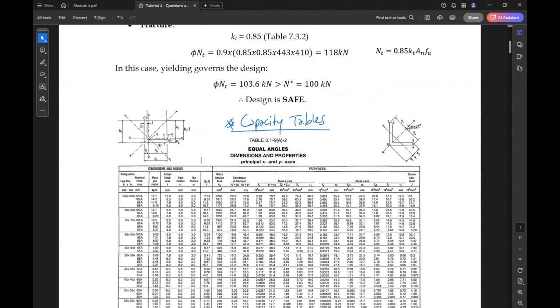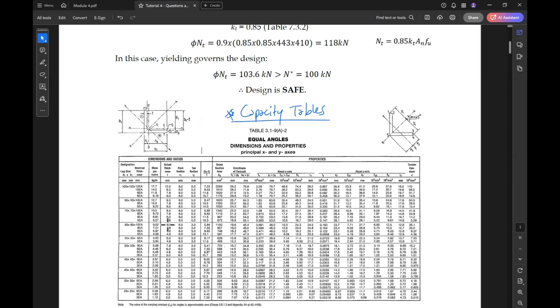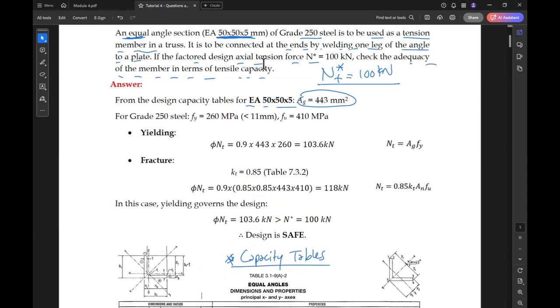So all the properties of the steel section are provided in tables from the Australian Steel Institute and the providers or the manufacturers. So for example here, the angle is given as 50 by 50 by 5. So how much is the area? Can you see the value? So this is the value. So the area from the table, the gross area, is